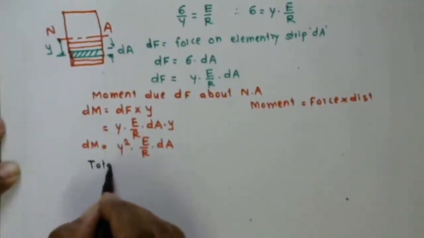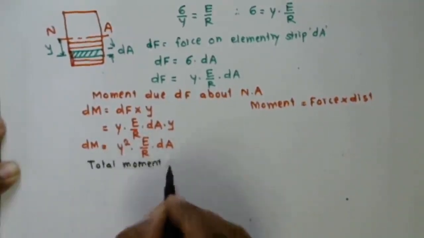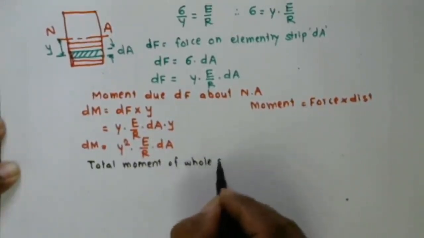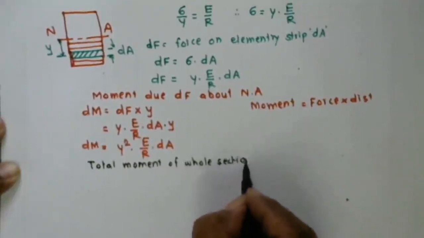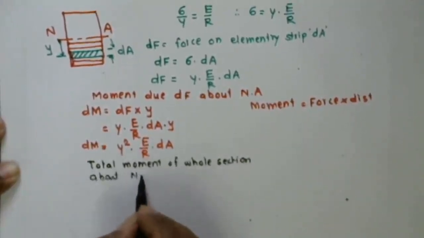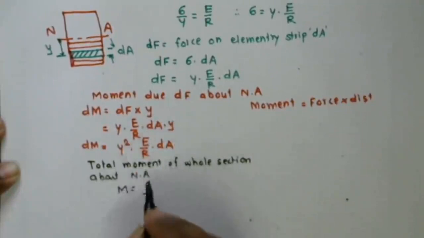So total moment of whole section about the neutral axis, you may say moment is equal to here integration of above equation,